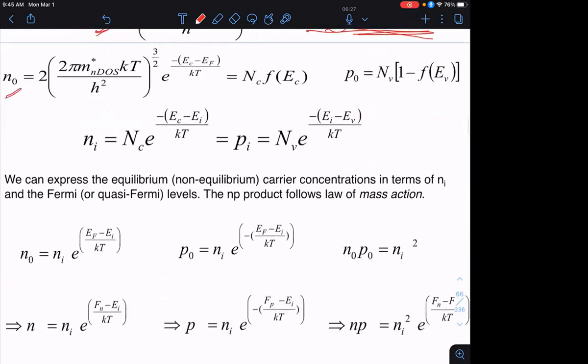So let's rewrite the number of electrons in the conduction band as this, which is my N sub C, times this, which is my F of EC, okay, as shown over here. And that's the expression for holes. Now, let's plug in the value of the Fermi level corresponding to no doping, the pure intrinsic semiconductor. When you have doping, you call it an extrinsic semiconductor, but with no doping, you call it an intrinsic semiconductor. And under those conditions, the position of the Fermi level is given a special name. It's called the intrinsic Fermi level,